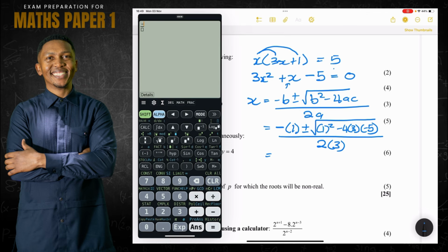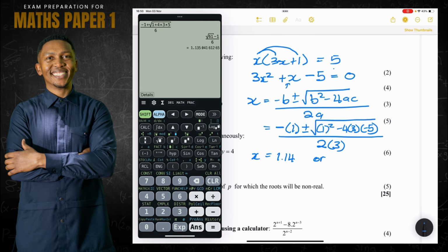Okay, we're going to have minus 1 plus the square root of 1 plus, that's negative times a negative, so that's going to be 4 times 3 times 5. That's going to give us 60. But let's just work it out. Okay, and this is divided by 6. I get x is equal to 1.14,